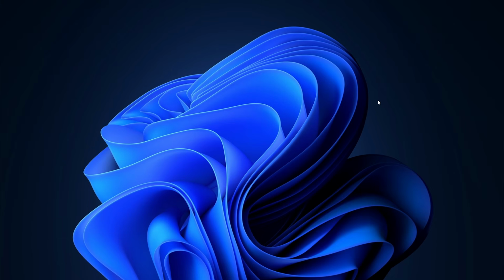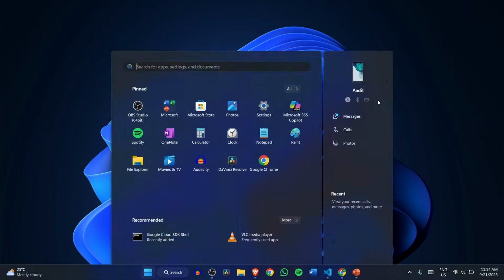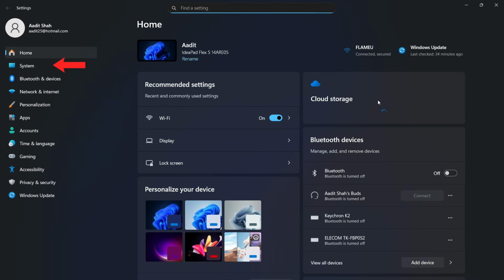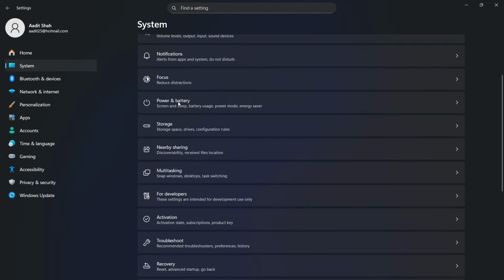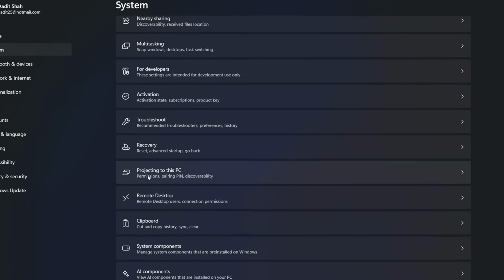In this video, I show you how to cast your Android phone screen to your PC. So let's get started. The first thing you have to do is come to your PC and then go to Settings. Once you're in Settings, just go to System, and over here scroll down and you'll find this option, Projecting